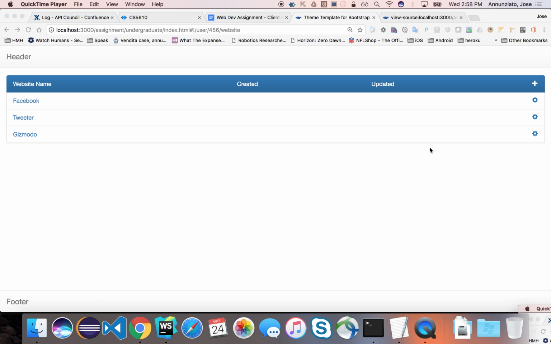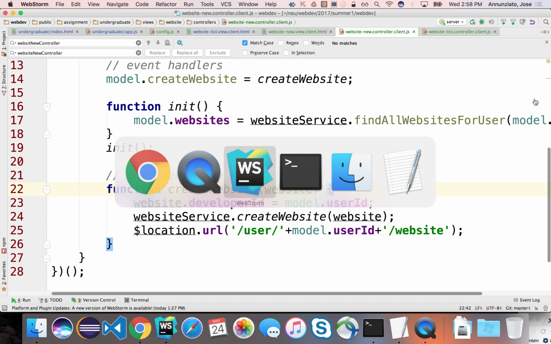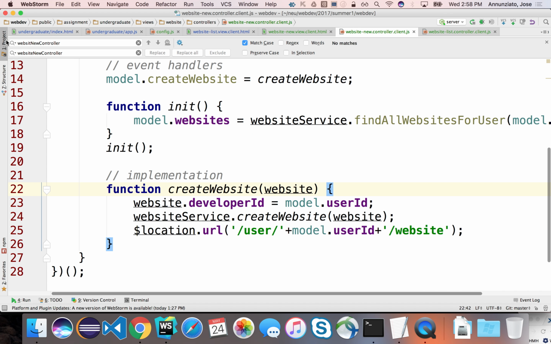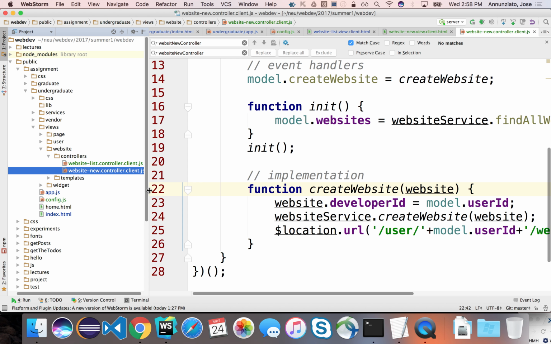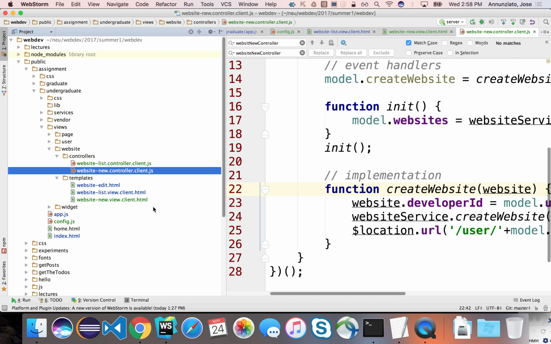All right, so let's now focus on being able to edit an existing website, where if we click here, we would like to navigate to the edit page and show the information for that particular website. All right, so let's go here and let's reuse one of the templates that we were using earlier,